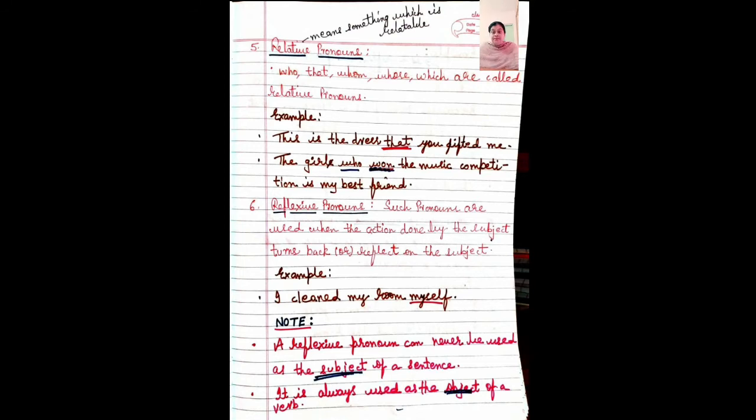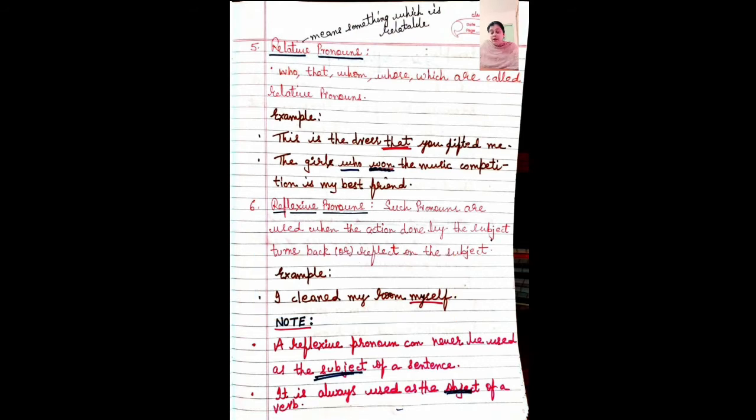Suppose, I'm telling you two cases. I cleaned my room. Okay, you have cleaned your room. Suppose I say in the next case, I myself cleaned my room. मतलब हम खुद ही सारा काम किए and nobody helped me. Now this is called reflexive. जब एक्शन आप जो करते हैं वो खुद अपने ही ऊपर आप करके बोल रहे हो, this is called reflexive pronoun. Example,